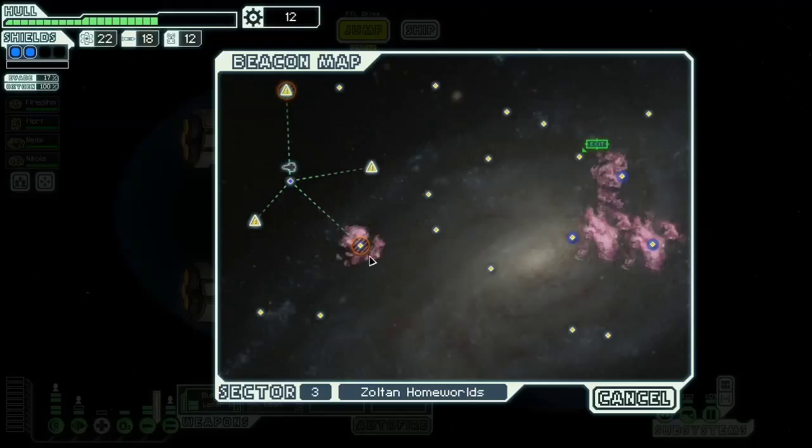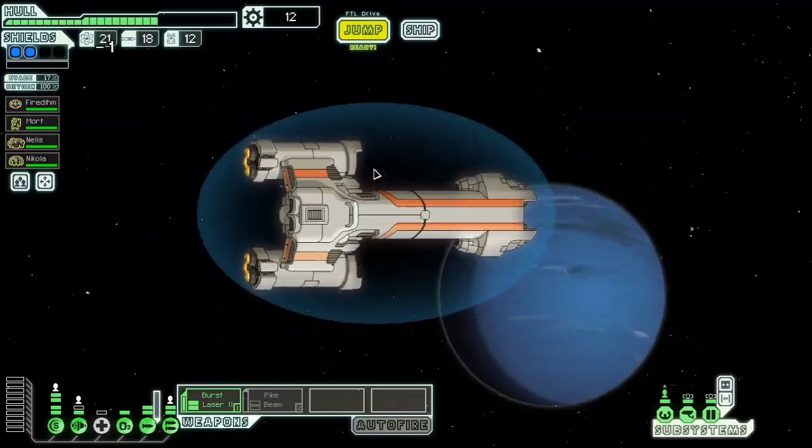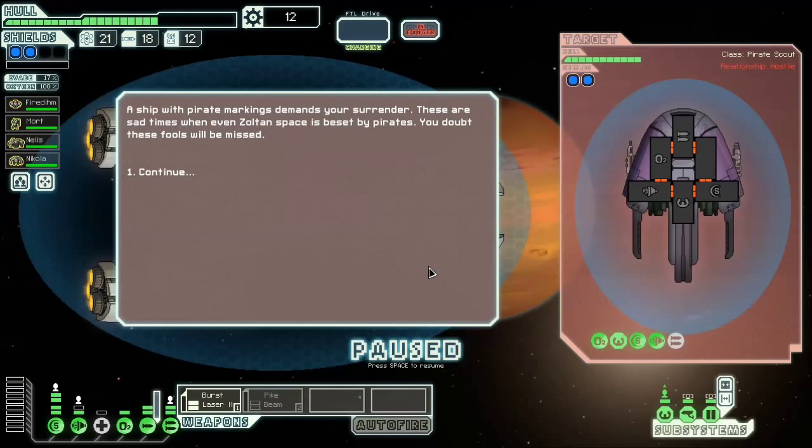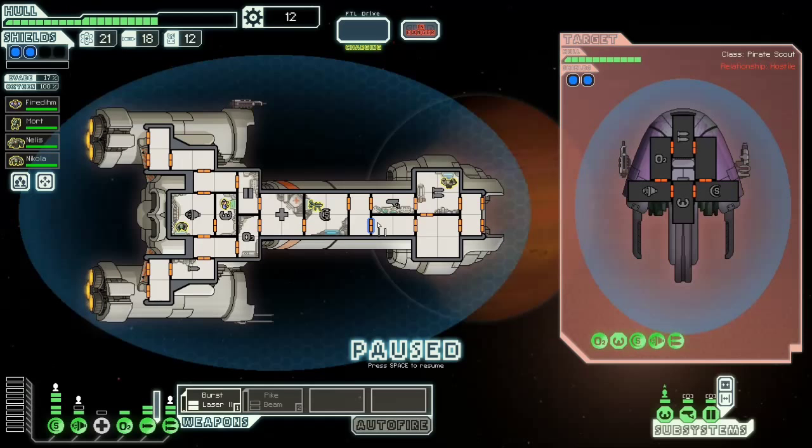I have a lot of fuel, but I don't really want to go through an ion storm there. That is a pulsar star, which I don't like, so we'll take... There's multiple fights I could take, but we'll take this one instead. So we're in the Zoltan's... And that is a big-ass ship. Alright, well...